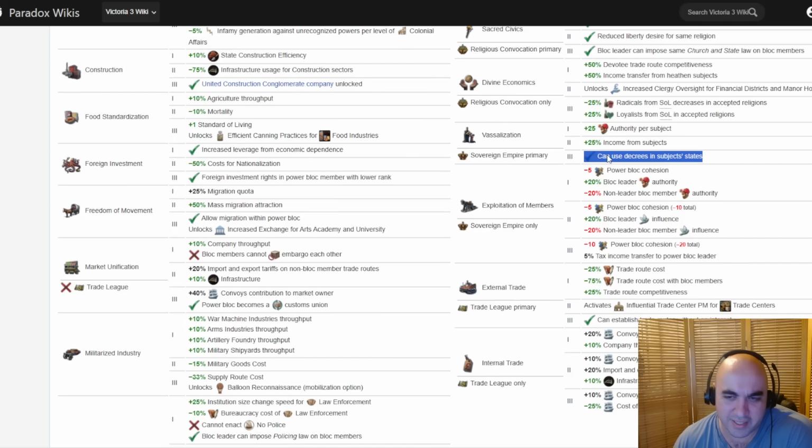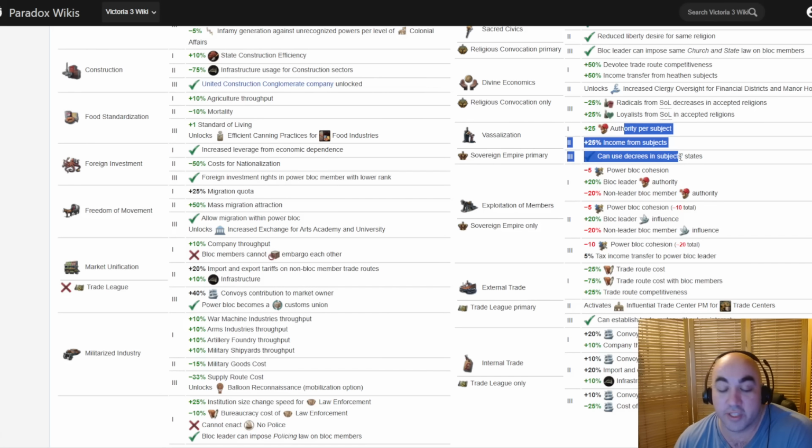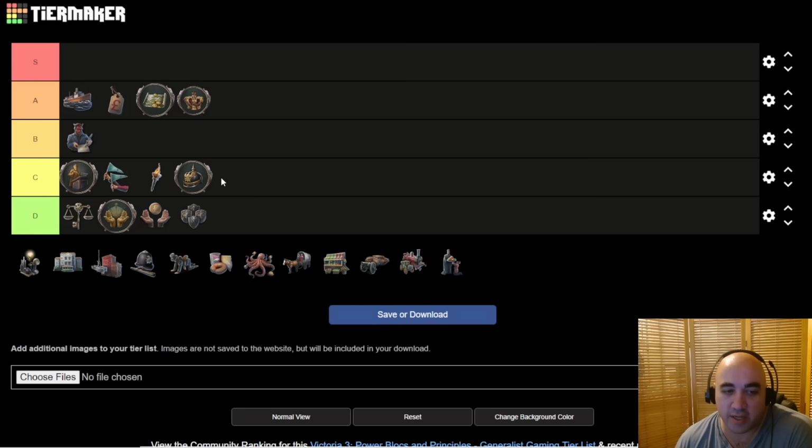I think overall this is not going to be worth using, but you do want to do it. If this is your primary principal group, you would want to go to level 3 just for developing the cohesion. But if you're not, just sitting on level 1, pretty strong if you have a bunch of subjects. It does make you want to play a little bit differently, where you want to go after a bunch of subjects early on. But okay, we're going to put in the blocks, where we are going to put vassalization in